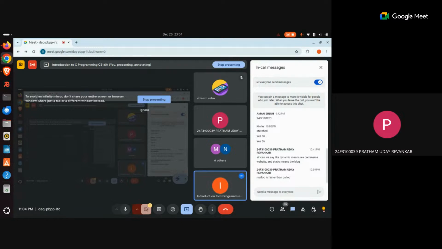Malloc is faster than calloc. We say dynamic memory. Okay, see, that is actually a different thing when you're talking about an e-commerce app. It is actually a web application. What happens in a web application is a server is running for that.